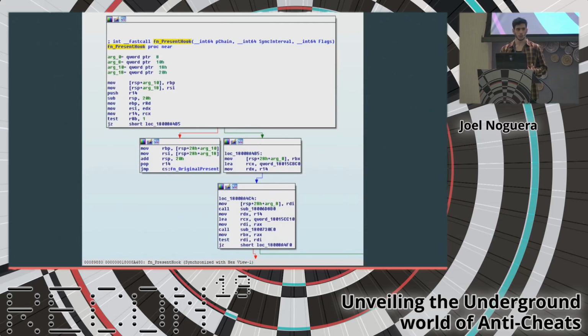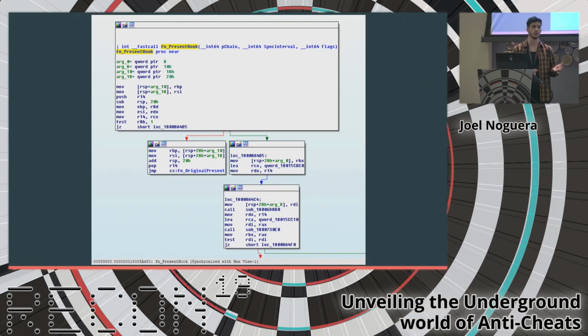And I thought, what would happen if I try to place my hook inside of the Steam DLL instead of the game? Creating signatures for the game is really easy because everything is under the control of the game developers and the anti-cheat, but keeping up with all the changes that external programs make every day, or with each update, is quite hard work for anti-cheat companies and also game developers. And maybe if you modify or manipulate this region of memory, it will be hard to detect. So after reversing the DLL, I found this function,